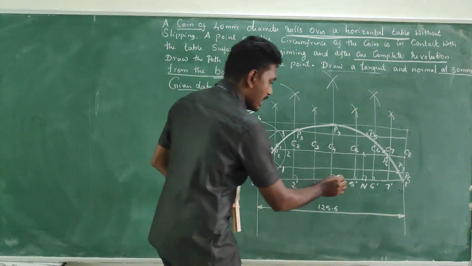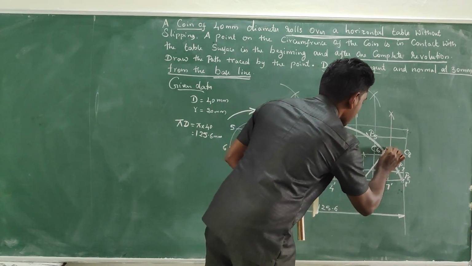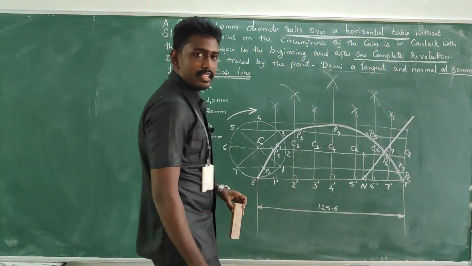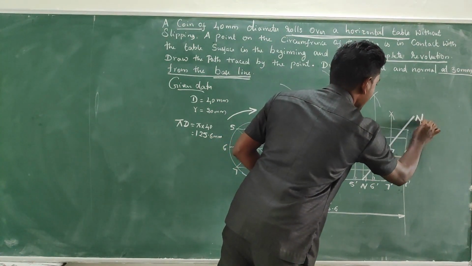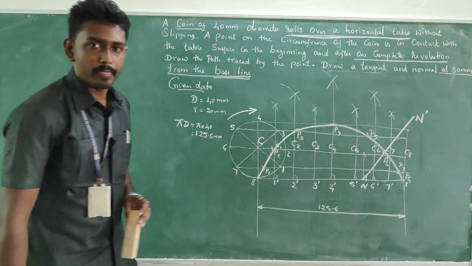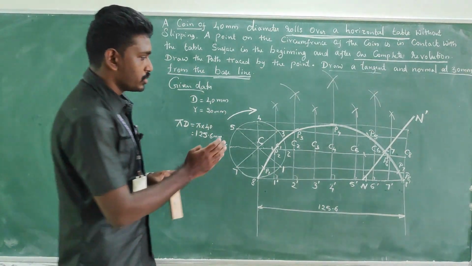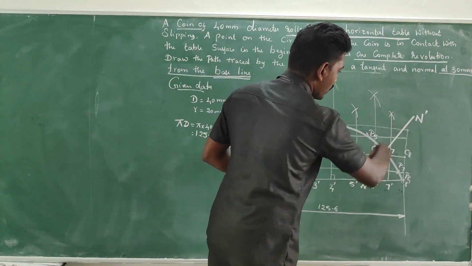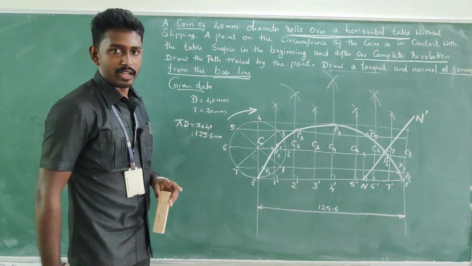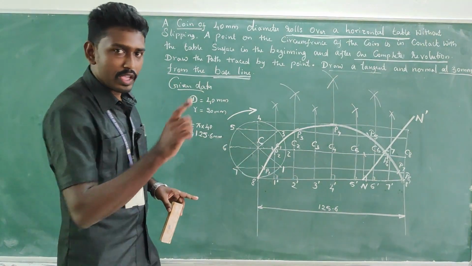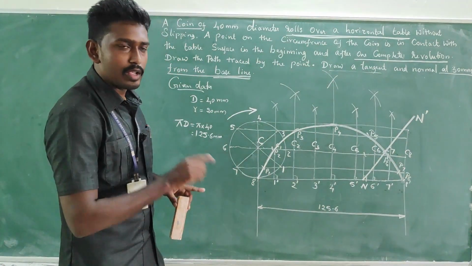From that N, you have to connect the chosen point with a scale. I can say this is your normal. You can denote it as N and N dash. This is your normal. In the parabola, hyperbola and ellipse, at first we will be getting the tangent, and then we will be getting the normal line. Here in the cycloidal curves, initially we will get the normal,